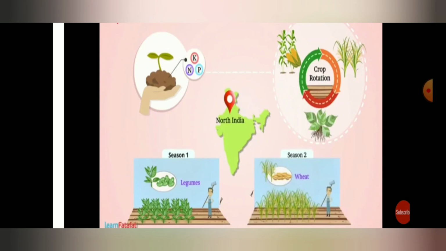See, you can observe crop production. Season-wise they will do the crop production. You already know. For maintaining the soil fertility, crop rotation is also one of the important methods. Crop rotation means, if in one season you are growing leguminous plants, in the next season what do you have to grow? Wheat. And in the next season another plant. Okay, by the crop rotation method also we can maintain the soil fertility.